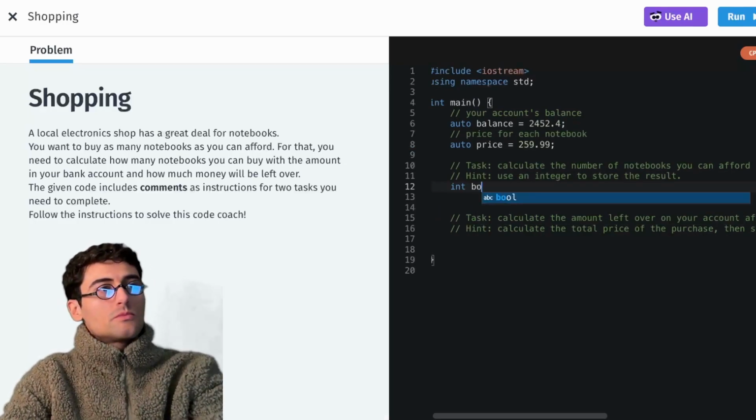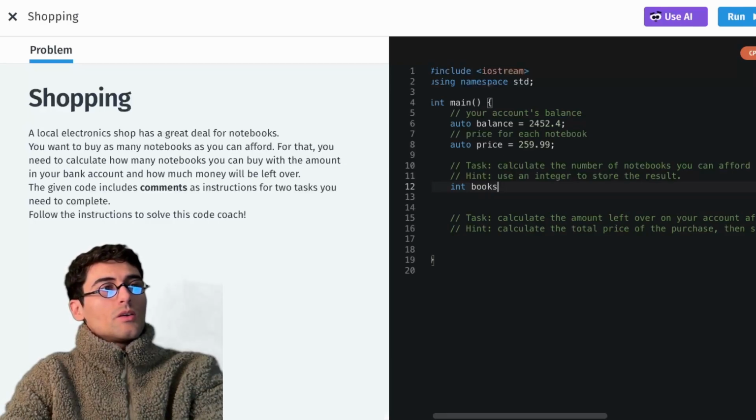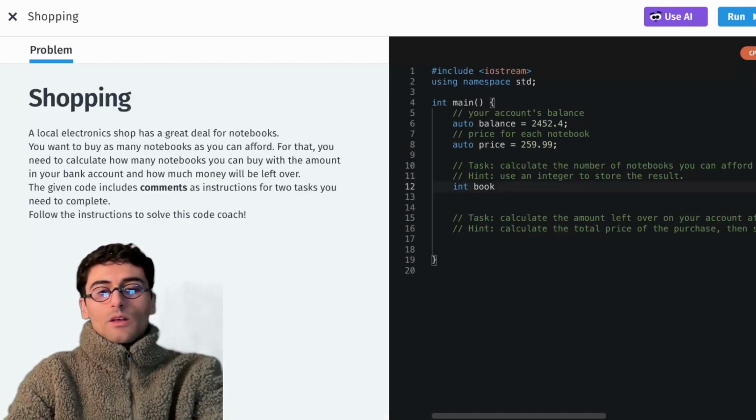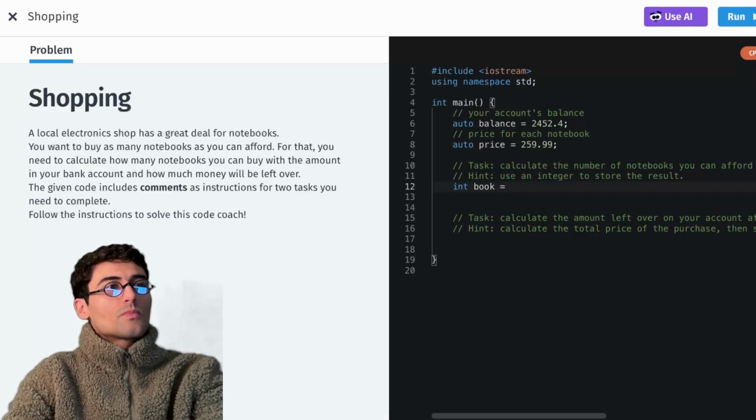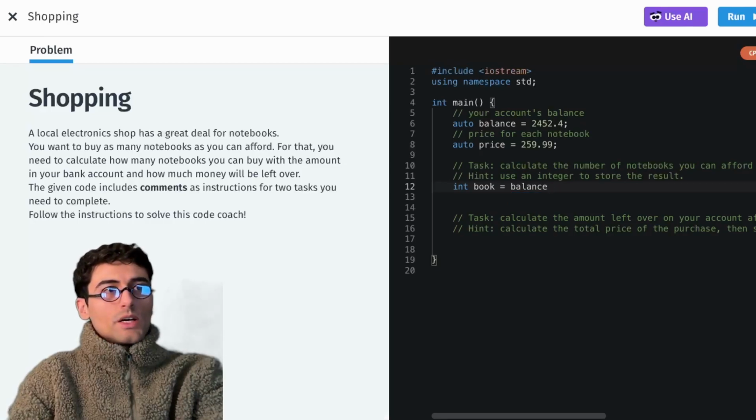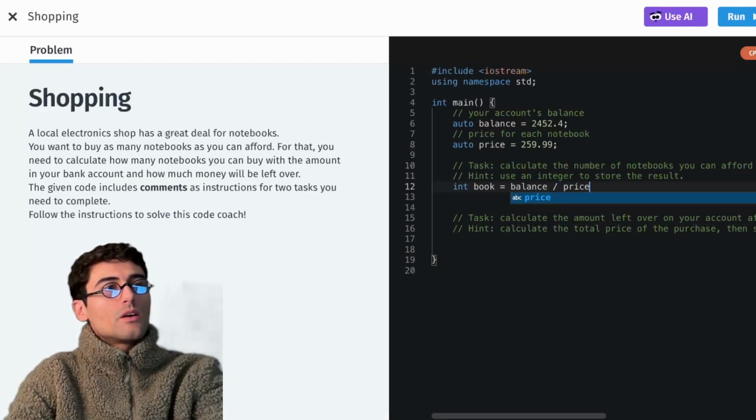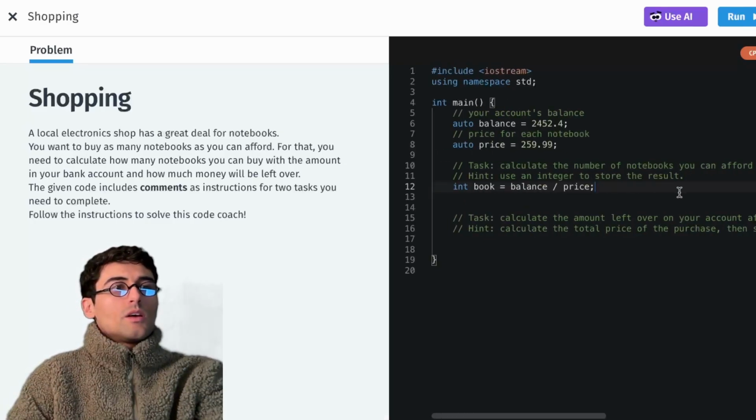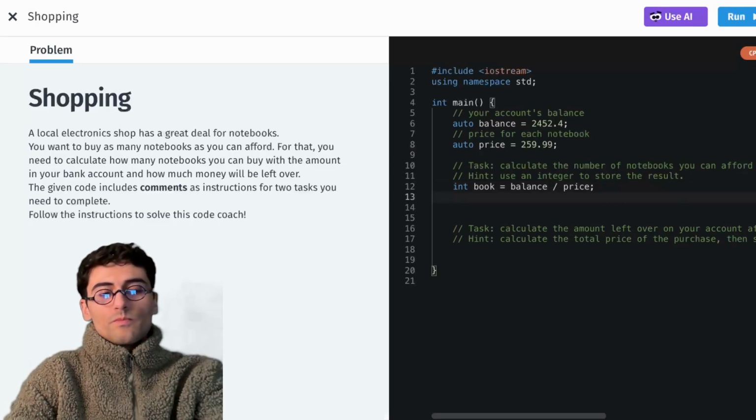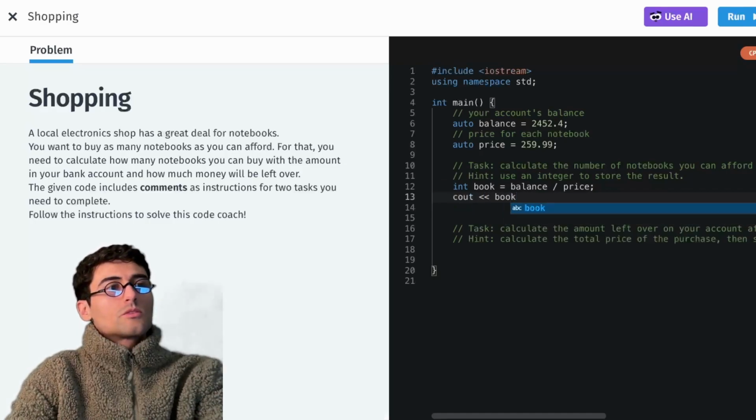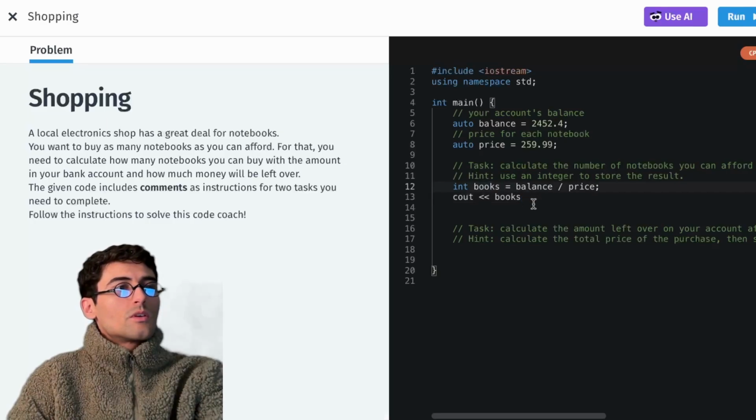Int books is equal to balance divided by price. And then cout books. Okay, then